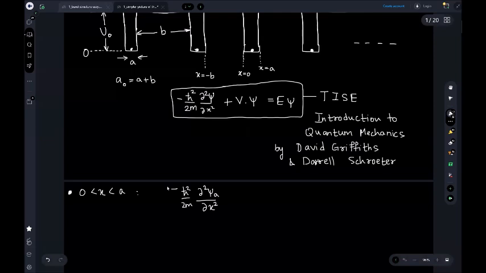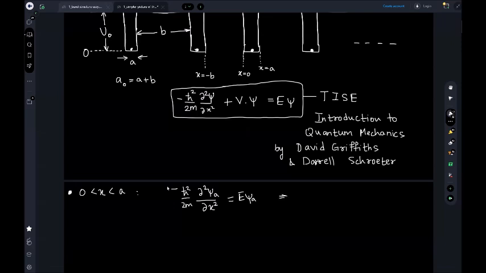Since the potential in this region is 0, this term will be 0. So we are going to have just the energy term,